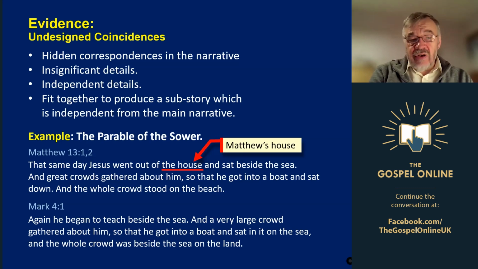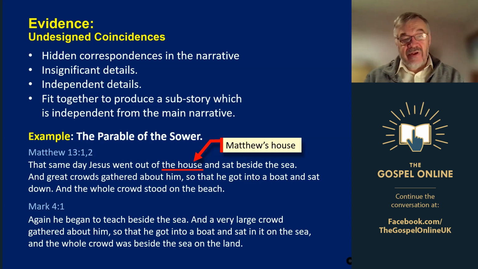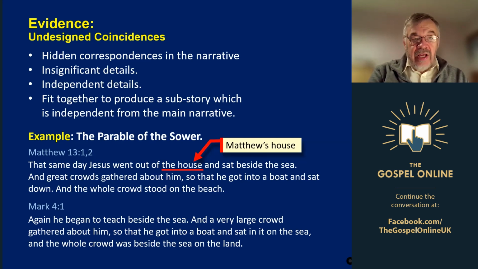He comes along later on. So maybe he's decided he's going to meet them down by the seaside, or maybe he sees a crowd gathering and thinks, oh, what's going on? And finds Jesus is at the front of it teaching. But it's the same occasion. The details are different, and you can put together this picture of Jesus being in Matthew's house and then walking down to the seashore, and Peter joining them there, which you wouldn't get by just looking at either one of the narratives on their own. Luke, who of course wasn't there at all, just gives the parable of the sower and doesn't explain the circumstances at all.